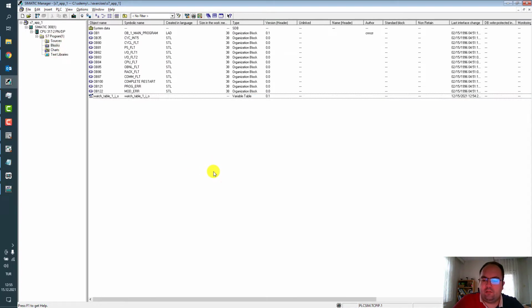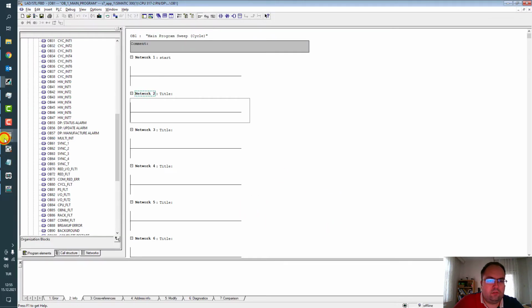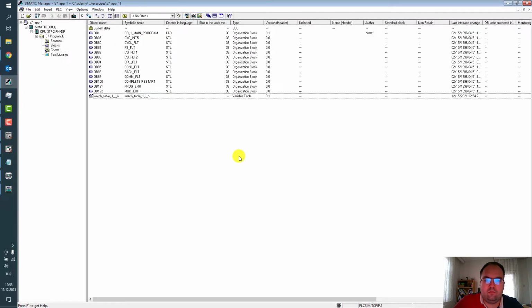Okay, at this first example, let's try to create a function for working with timers.